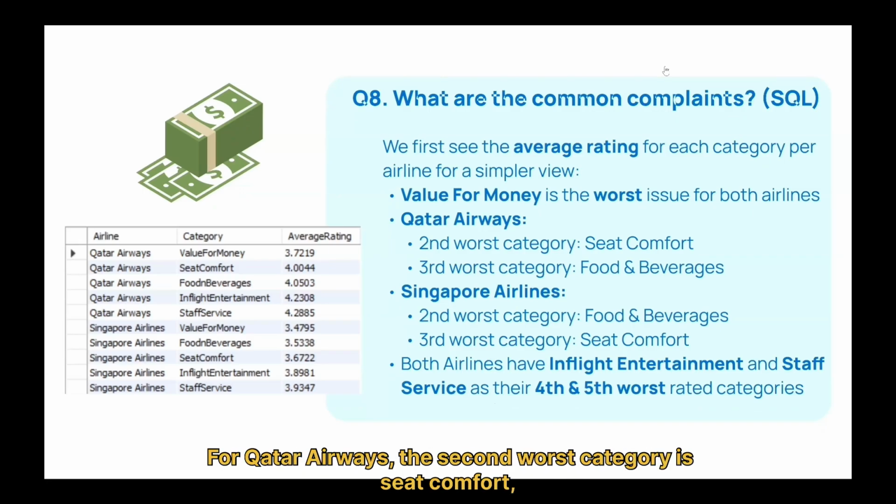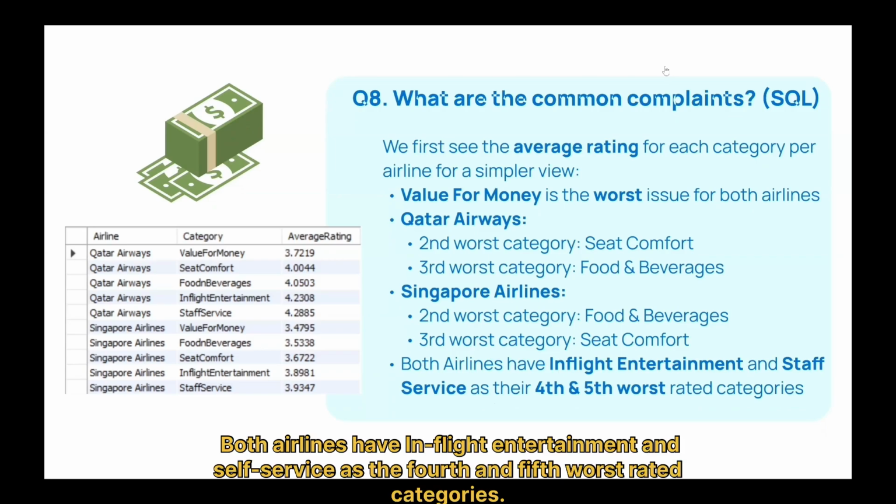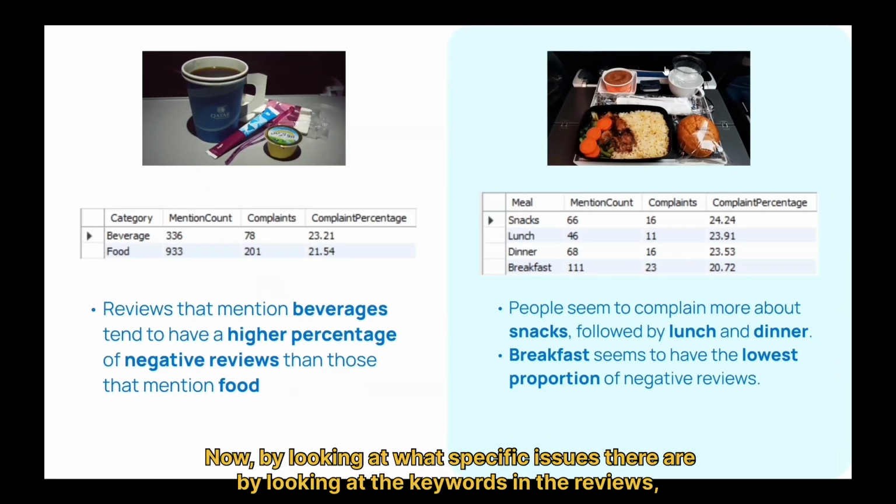For Qatar Airways, the second worst category is seat comfort, and the third worst is food and beverages, and it's the reverse for Singapore Airlines. Both airlines have in-flight entertainment and staff service as their fourth and fifth worst rated categories. Now, by looking at what specific issues there are by looking at the keywords in the reviews, in terms of